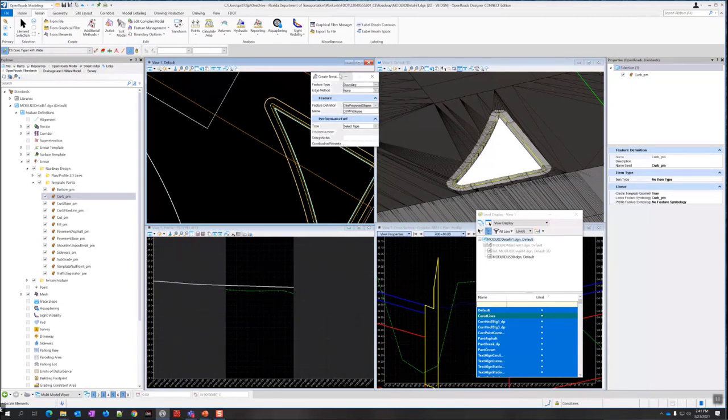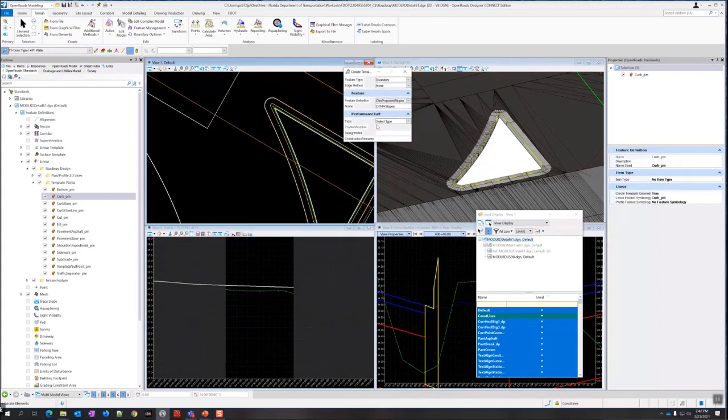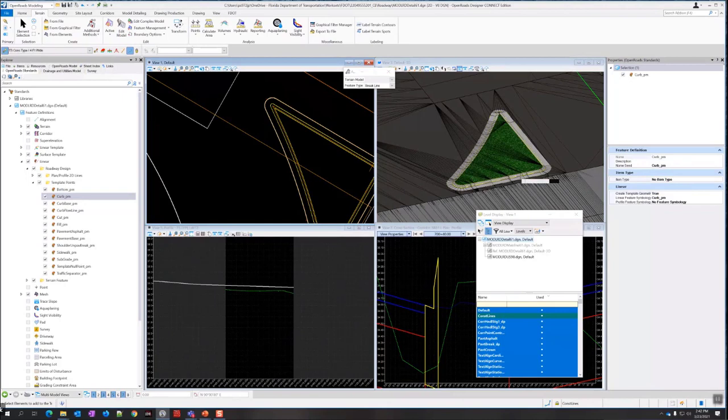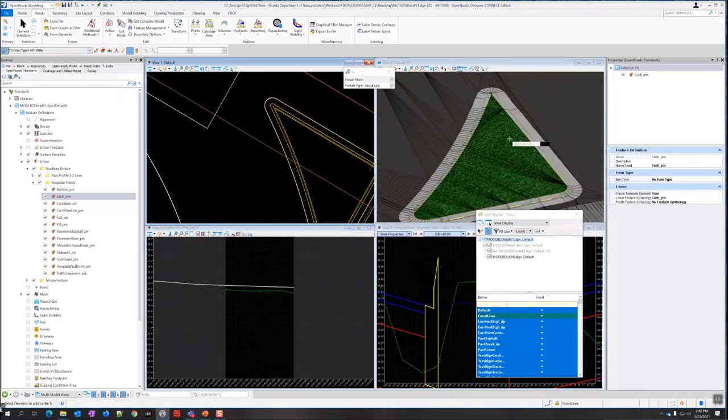Okay, so this is going to actually make it grass. Notice it actually adds some items here because it has the pay item associated with it for performance turf. If your pay items are ready to go, you can go ahead and attach it there. I don't think this is ready to go in this file, so it's fine. I'll just leave it as is. And reset because I'm done with that step. Feature type boundary, accept that. Edge method none. So there we go. It builds it. There's my sod.